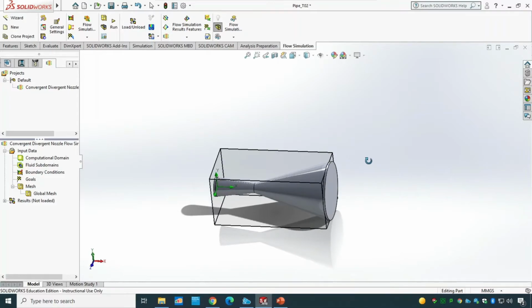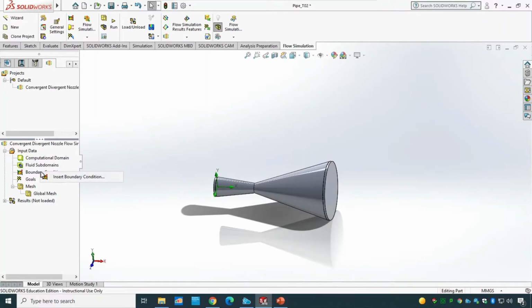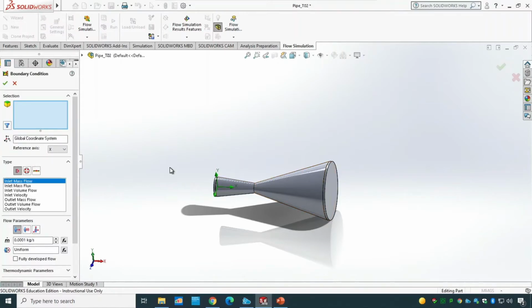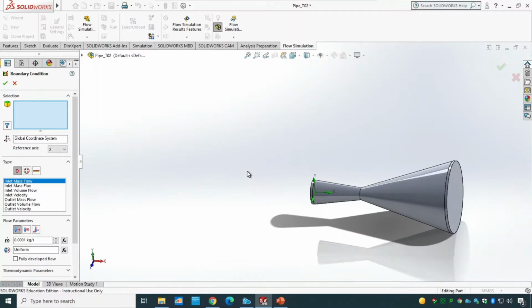For this model, to be honest, it's really simple, but of course you will see that we need to modify it once you go with a much more complex tutorial. So let me hide it again. And now I'm gonna go to the boundary conditions. I'm gonna define the inlet and outlets. So let's click on insert the boundary conditions, and I'm gonna, again, like what I've done in tutorial 1,